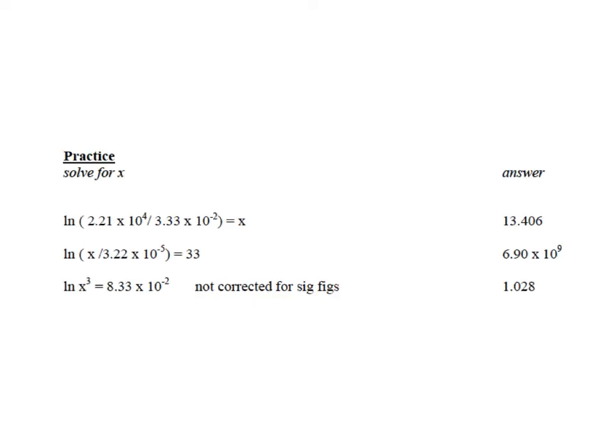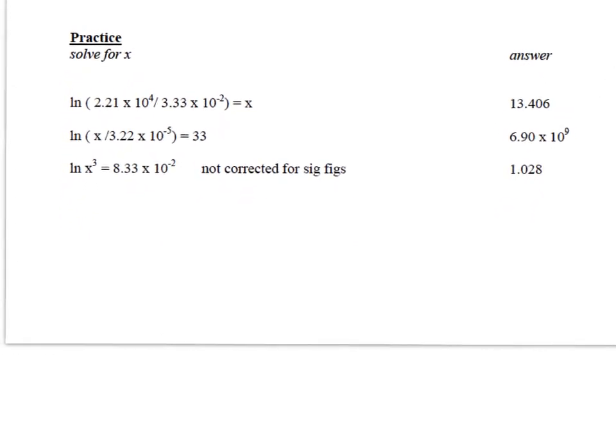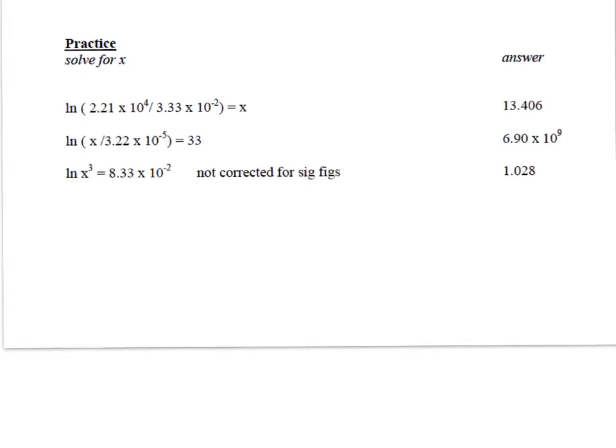Alright, so this is the last slide, and you should be able to work out these 3 problems on your own. If you can come up with the correct answers on the right, then you know what you're doing. Since I get so many questions on the business of the 2.303, I thought I'd include it. I'm using my finger here, I don't have a stylus today. So work out these 3, and then also make sure you understand that 2.303 base 10 logarithm of 2.21 times 10 to the 4th